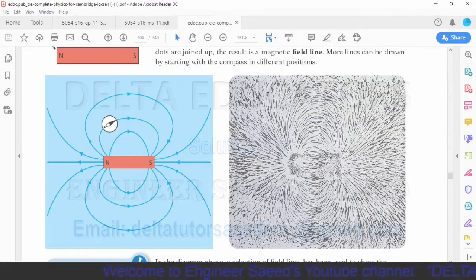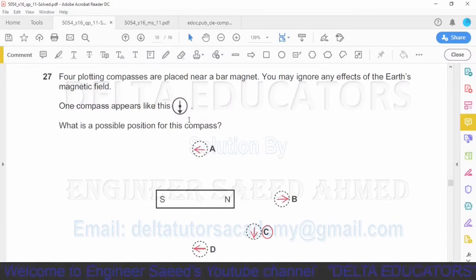Okay, in the topic of magnetic field, we have studied that the lines of force start from the North Pole and move toward the South Pole. Suppose if we put a compass at this position, then the direction of the needle will be in the downward direction. And it is asked here, where will be the direction in this downward direction? So we can say it will be in the downward direction at this position C. Lines of force start from this North Pole and move like this. So we can say option C is the correct one.